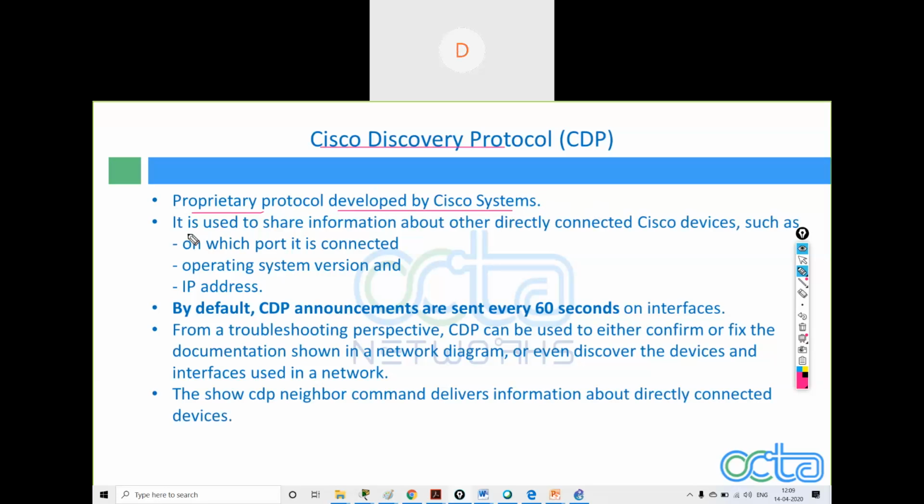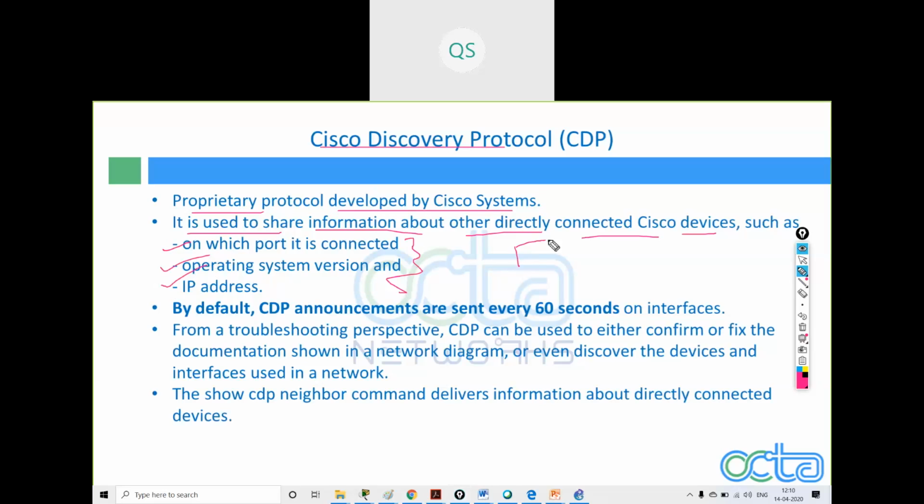It is used to share information about other directly connected Cisco devices, such as on which port it is connected, operating system version, IP address, all these informations are given.